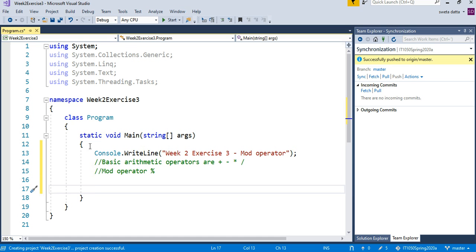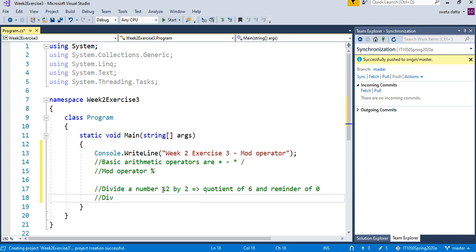Let us say you divide a number by 2. Let us say the number is 12. The quotient of 12 by 2 is 6 and the remainder is 0.